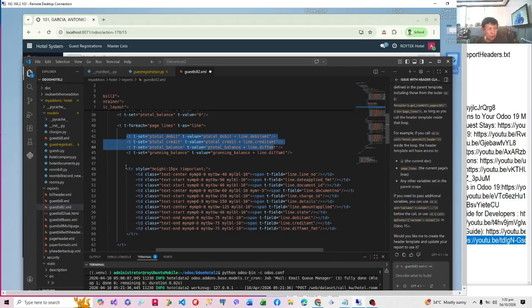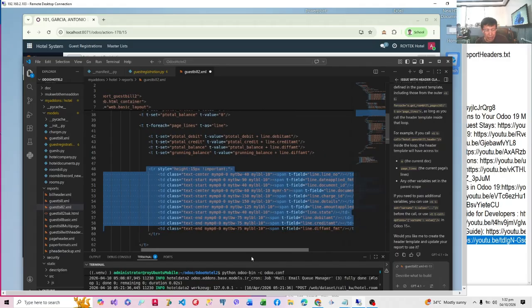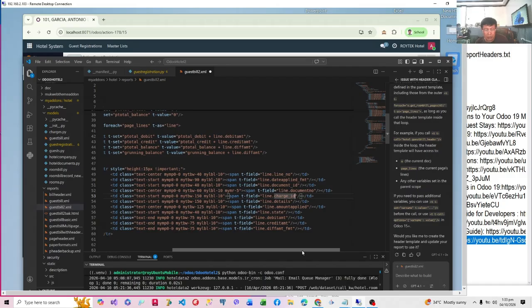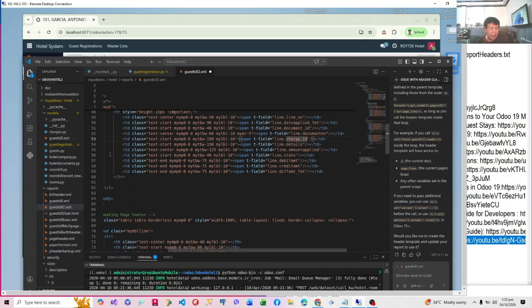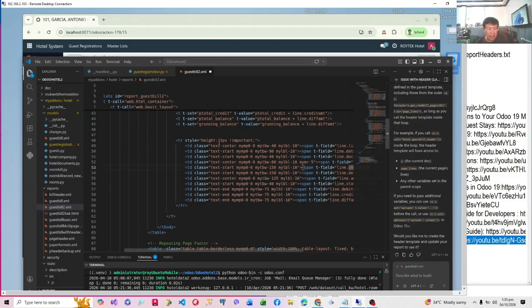Now we are going to output a table record with 11 columns. I have explained this before. So we have line number, date applied, document type, document number, and then the state, the debit amount, credit amount. Amount applied, by the way, is also there, and then we have the difference amount. This is the main TR, a table row. We'll set it a height of 15 pixels. And this is the end of the T for each loop.